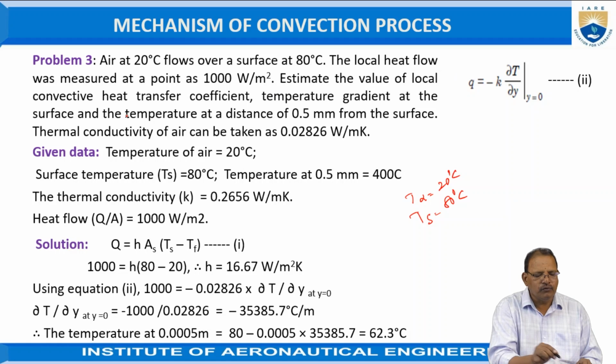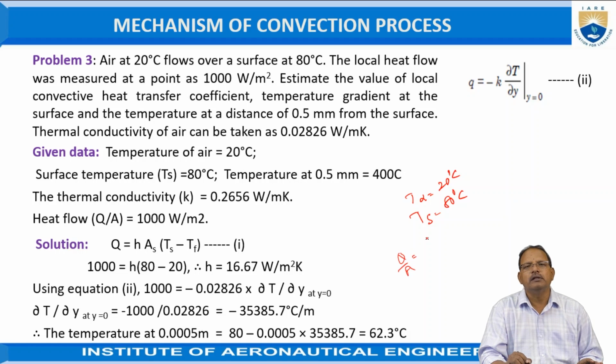The local heat flow was measured at a point as 100 watts per meter square. That is Q by A, the amount of heat transfer per unit area, is given now, which is equal to 1000 watts per meter square. See, estimate the value of local convective heat transfer, that is H is equal to how much we have to determine